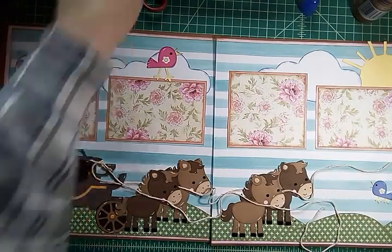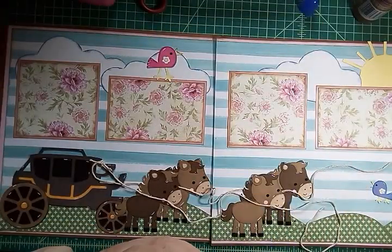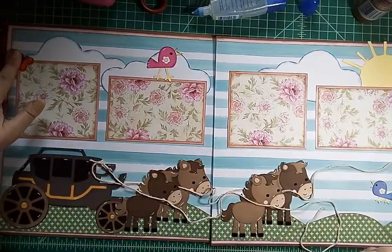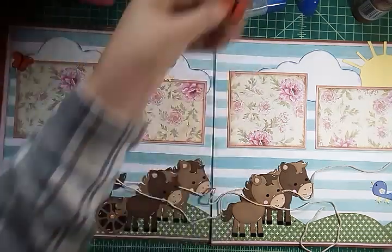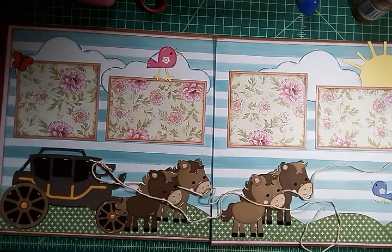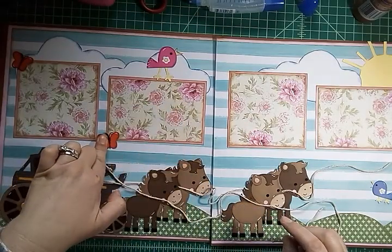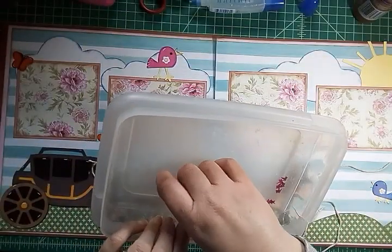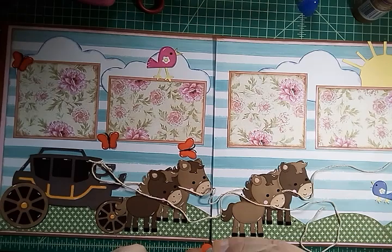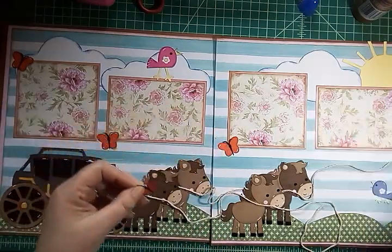Okay. Then I have these little butterflies. I'm going to attach them to the corners of my photo mats. This one's going to go here, putting glue only on one side. And I also used my Glaze 3D pen on the butterfly's body. Okay. And my last two butterflies will go over here. This one down here. And this one,